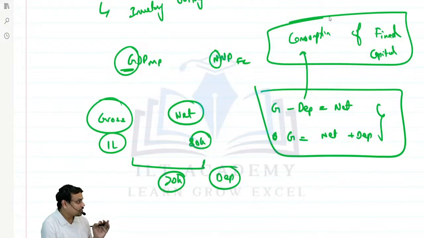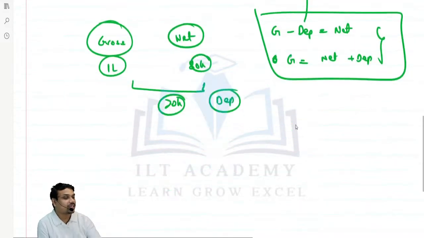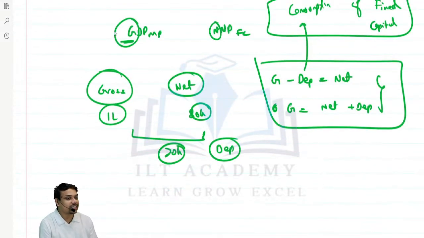Clear? Understood? ये ग्रॉस और नेट में फर्क क्यों रहता? डेप्रिसिएशन. ग्रॉस माइनस डेप्रिसिएशन विल गिव यू व्हाट? नेट. ग्रॉस इज इक्वल टू नेट प्लस डेप्रिसिएशन. ओके, क्लियर? नेट इज इक्वल टू ग्रॉस माइनस डेप्रिसिएशन. ये हो गया. सर आप तो सिर्फ जी एन बता के खत्म कर देंगे क्या? यहाँ क्या है? डी और एन.